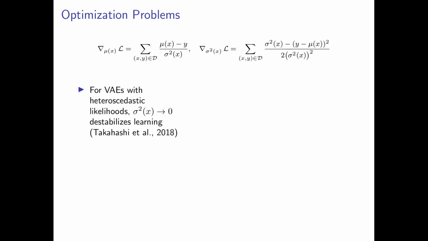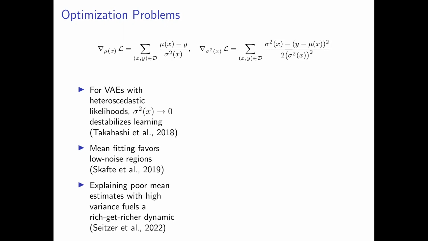Mean estimates for points with no nearby covariates can destabilize learning. As mean errors go to 0, so too does variance, which can produce inappropriately large updates from minuscule errors. Furthermore, mean fitting is biased towards regions of data with low measurement noise. And perhaps the most deleterious outcome is when a model uses high variance to explain a poor mean estimate during optimization. This downweights that point's learning signal, creating a rich-get-richer dynamic where points with poor mean estimates are continually ignored despite the mean network being flexible enough to improve estimation at these points.